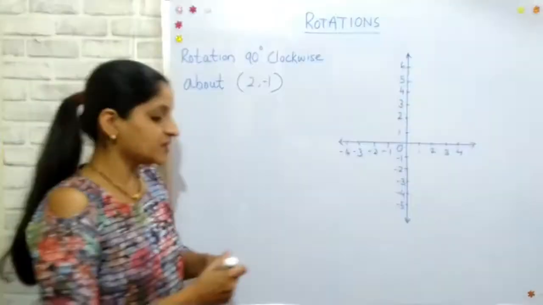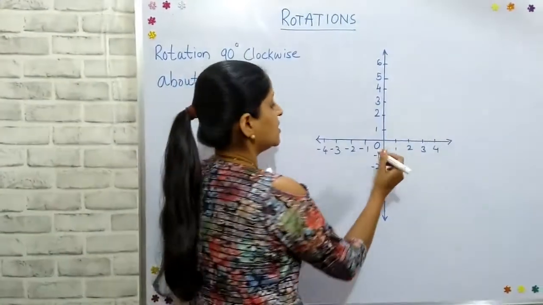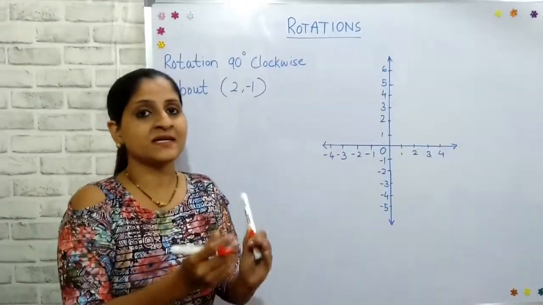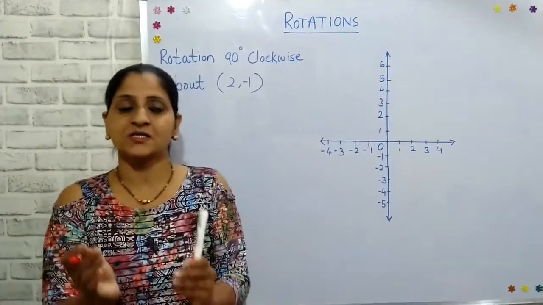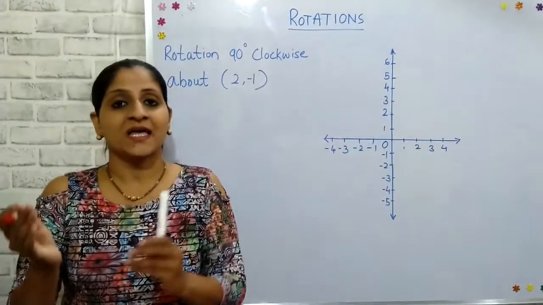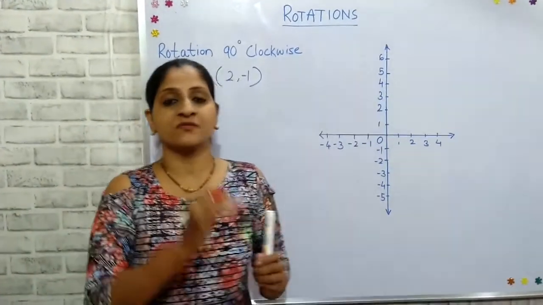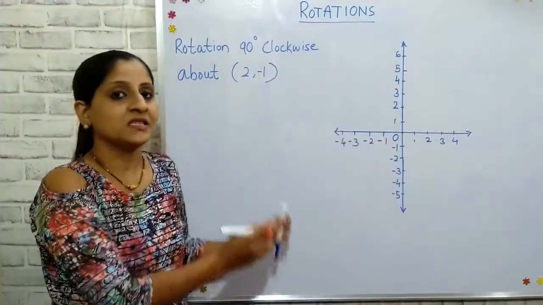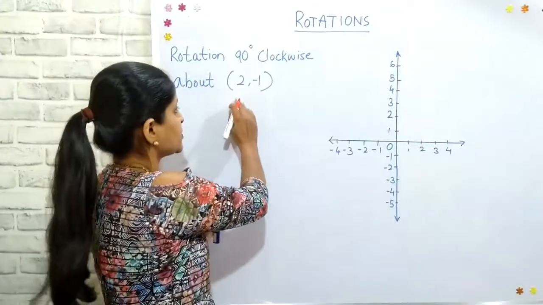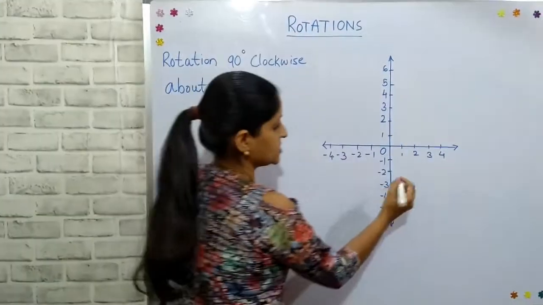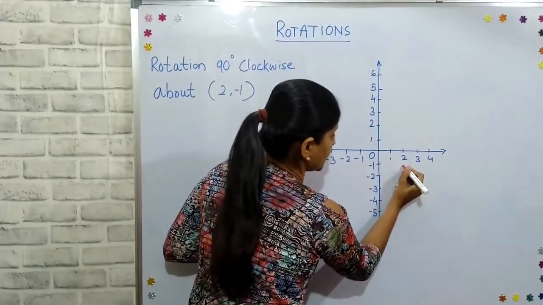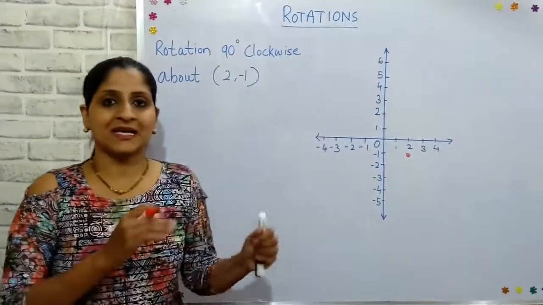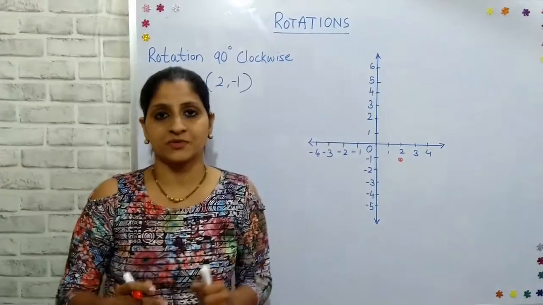That means the figure that we were rotating so far, earlier we were rotating about the center of the quadrant, but now this center is shifted somewhere else to another given point, and how to rotate the figure about that given point is what we are going to focus on in this video. So here the question is that the center of rotation is shifted to 2, -1. So about this given point, if we have to rotate any given figure, how are we going to do that?